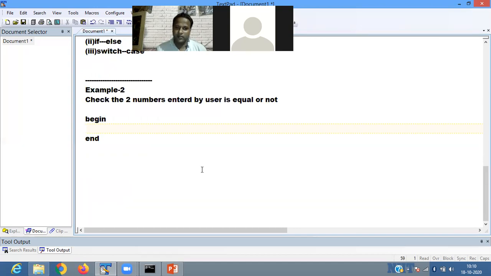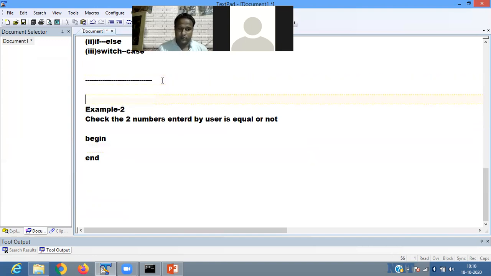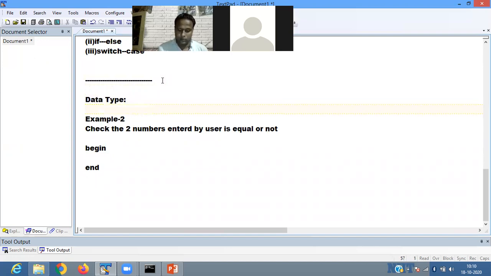Data type means to store the value. So your data type is of two types. One is numeric, another is character. Understood?